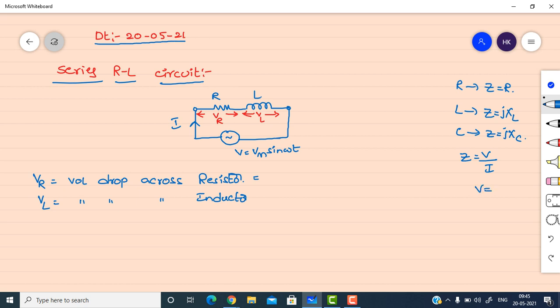Generally voltage formula V is equal to I into R. This is the AC circuit, right? Alternating voltage we are giving. So in place of resistance, what we have to take? Impedance. In AC circuits we call it as impedance, not resistance. So V is equal to I into Z. So for resistor, what is the impedance for the resistor? I already told you the impedance for the resistor is R only. So therefore I into Z. I is the current passing through this resistor and impedance is R.